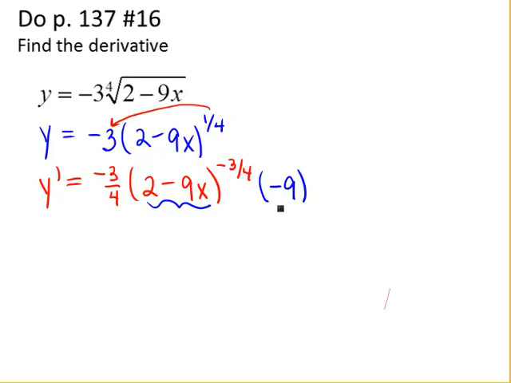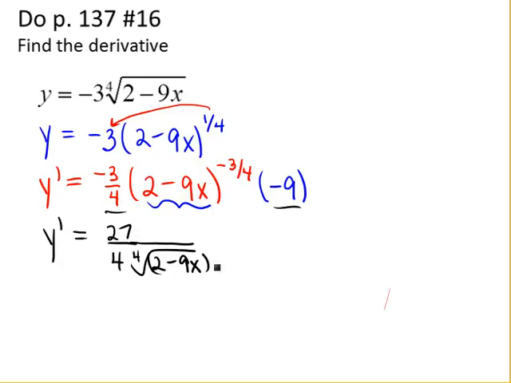That is the chain rule in itself. So I brought the number out front, rewrote it, lowered by 1, take the derivative of what's inside. Last thing I'm going to do is simplify this very quickly. When I multiply the 3/4 and the 9 together, I'm going to get a positive 27/4. And then I have the 4th root of 2 minus 9x cubed on the bottom. And I'll continue on video number